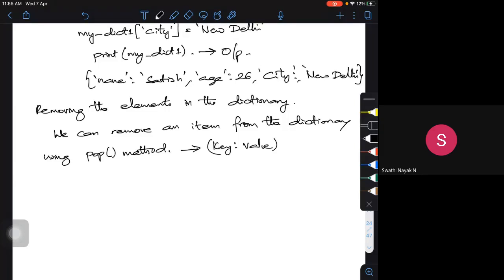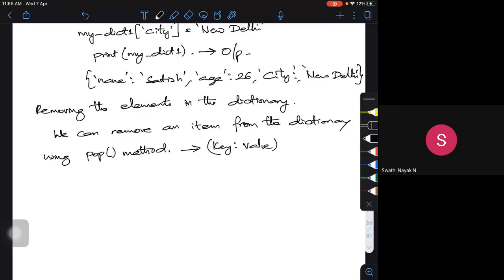If I want to remove all the items at once, the same thing we used in list and tuple, I can use the clear function, which will remove everything. I can use the del function also.